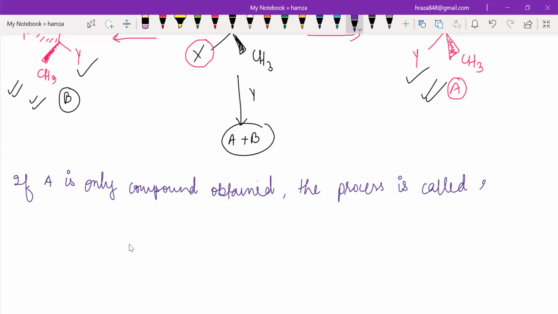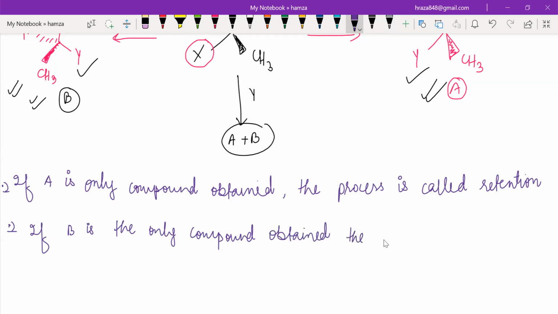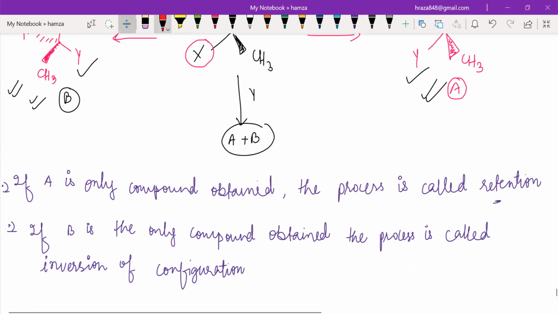If B is the only compound obtained, the process is called inversion of configuration. You can also write retention of configuration. And the most important point is that if A and B is